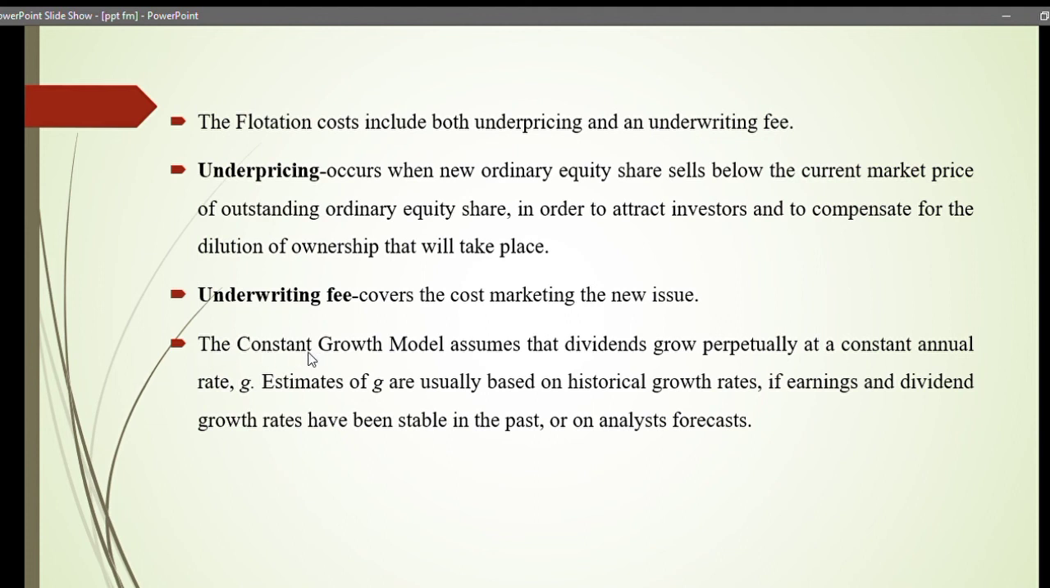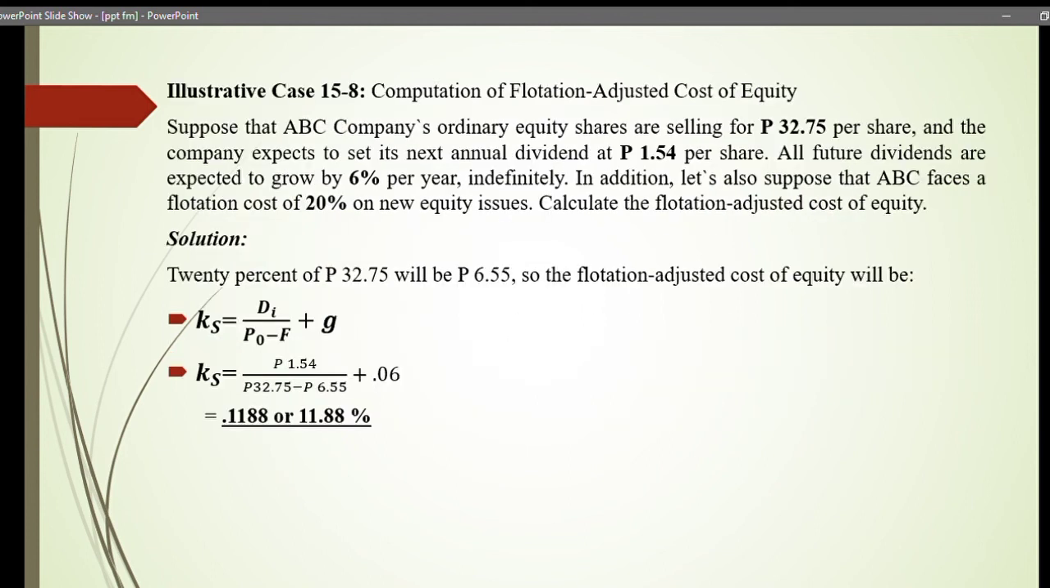The constant growth model assumes that dividends grow perpetually at a constant annual rate, g. Estimates of g are usually based on historical growth rates, if earnings and dividend growth rates have been stable in the past, or on analyst forecasts. So here is the illustrative case